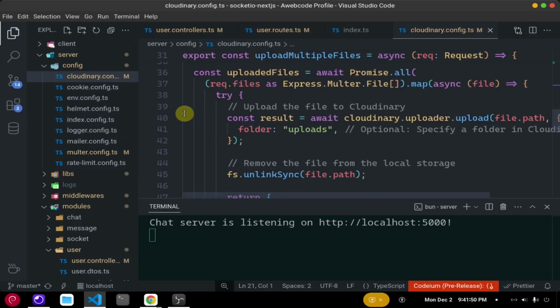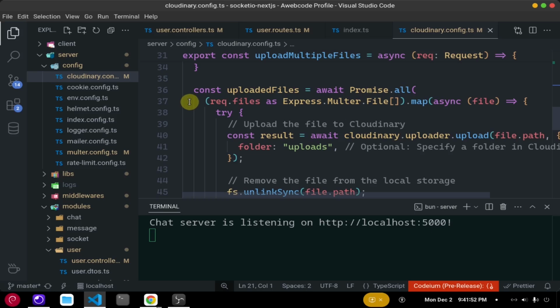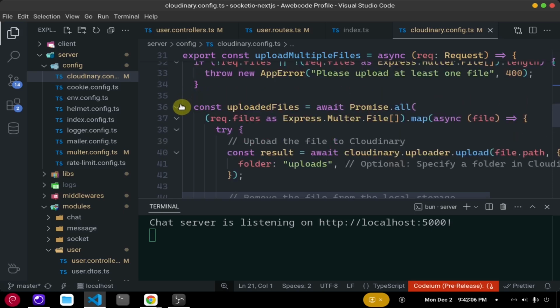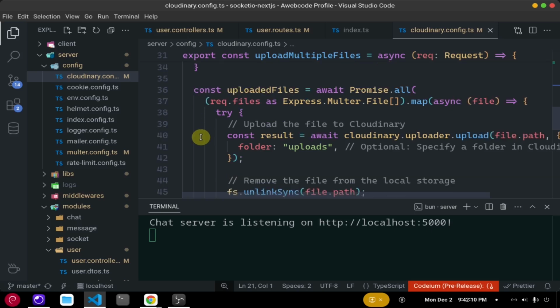Or then we are using promise.all, mapping over every file, and you can use files.forEach, or a for loop, to upload every single file. Just use request.files.length in your for loop